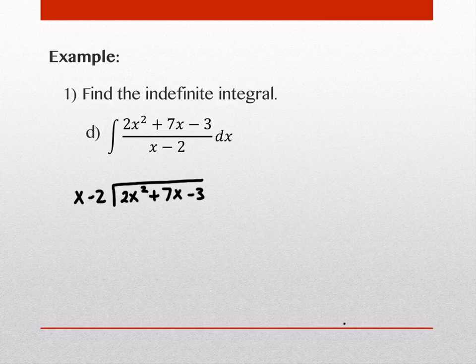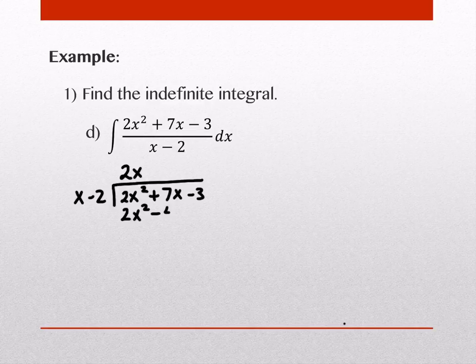Now whenever I do this, I only look at the very beginning of what I'm dividing by, which is x, and I ask myself these questions. What do I need to multiply x by to get whatever the first term is underneath the division sign? So in this case, 2x squared. What would I need to multiply x by to get 2x squared? 2x. So I'm going to put 2x on top, and I'm going to do that multiplication. So I'm going to get the 2x squared, which was my whole purpose for choosing that. And then I need to multiply the 2x by the negative 2, which is going to give me